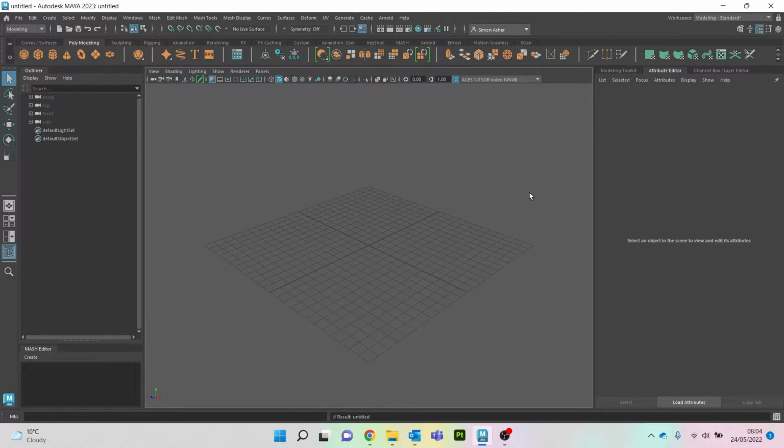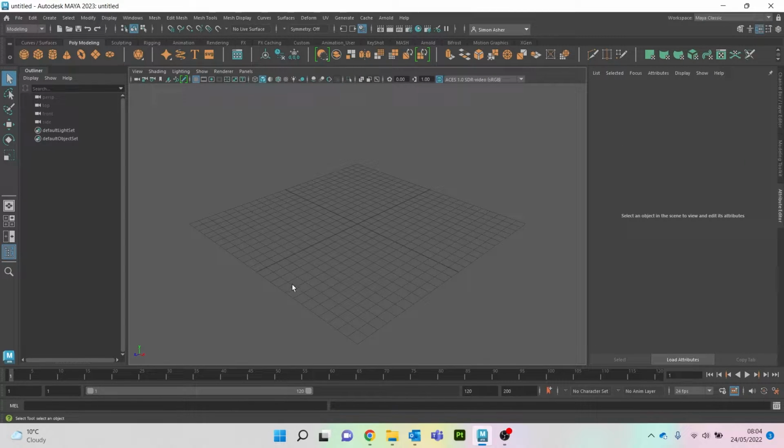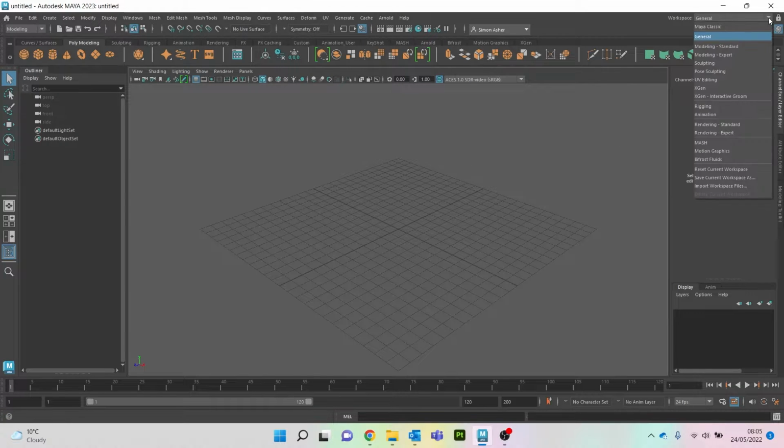So this is my screen as soon as I open up. Yours may look slightly different. If you go to the top right up here, you've got workspaces and you can choose different kinds. So I'm on modeling standard, which is the main one that I always use. Bearing in mind I typically use Maya to create digital models. You can do animations and those sorts of things, but I don't really play around with those very much. But if you go to say Maya Classic, you'll have your play bar down here, so that'll help run simulations and those sorts of things. You can have a play around and see the sort of things that come up, but I always like using